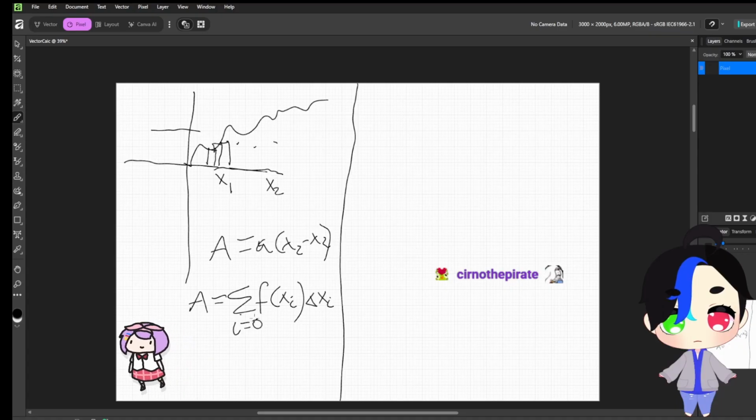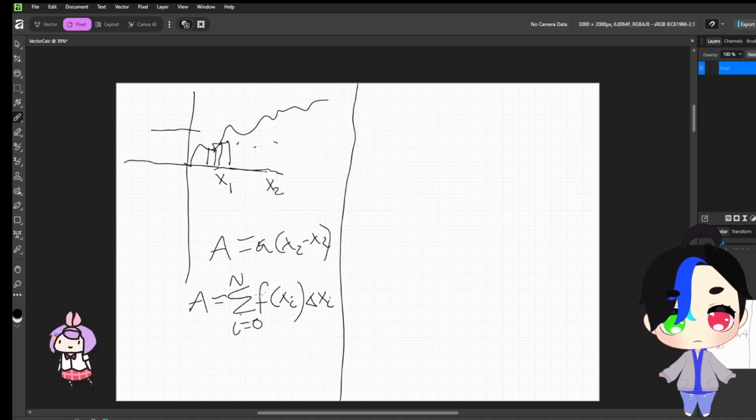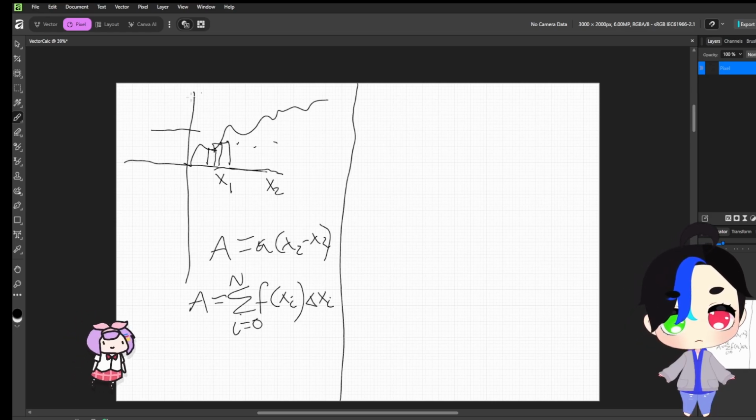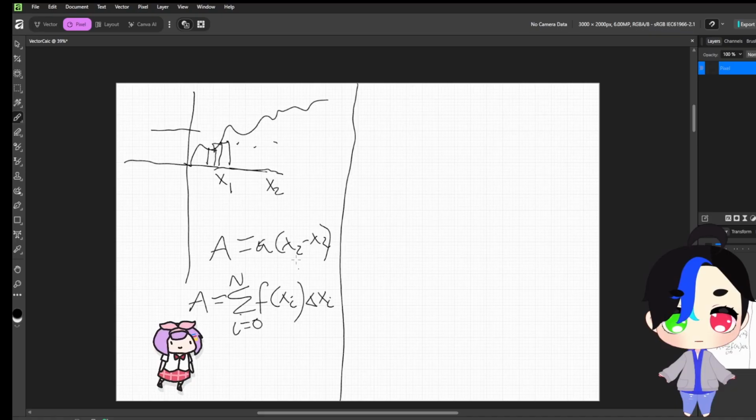And i goes from 0 to however many rectangles you take. So this means you start at x0 and you just add this up until you get to x sub n. But that's just a guess. If we want the exact area under this curve, again,